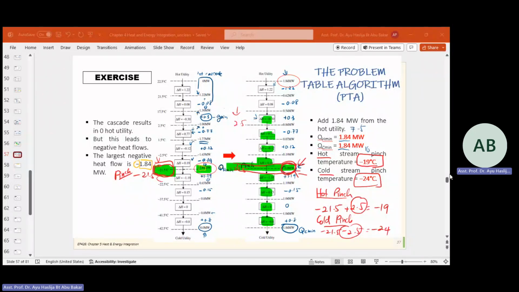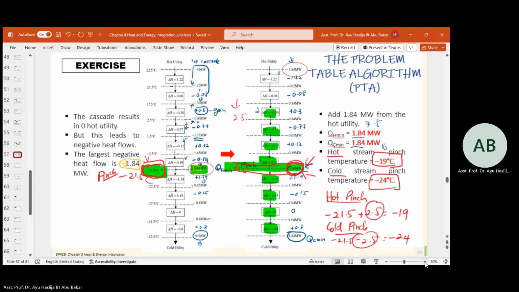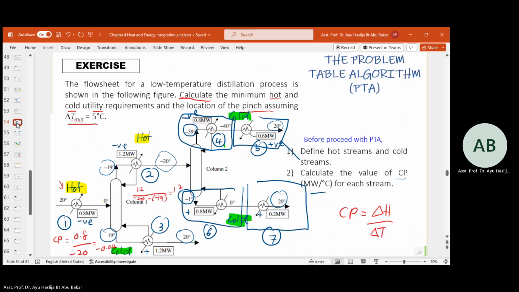Okay, we continue on the previous lecture, yesterday's lecture, where we had done the PTA table exercise for PTA, heat cascade. Just to recap on yesterday's exercise, once you are given an example or a question where